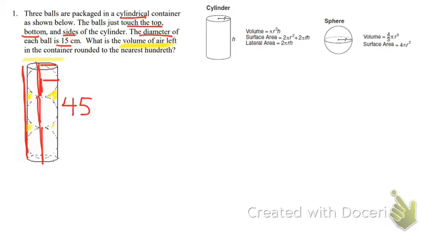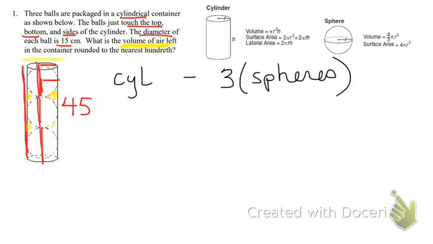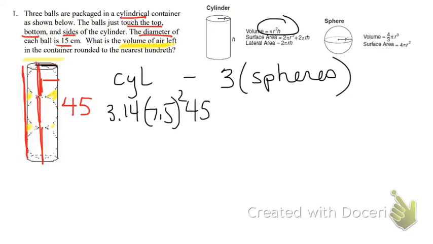So in general, I'm going to find the volume of the cylinder first, and I'm going to subtract the 3 spheres. They're all the same. So the cylinder formula is pi r squared h, so that would be 3.14 times R, which is half of that 15, so that's 7.5 squared, times the height, which is 45. And I can put all of that into my calculator. 7.5 squared times 45 times 3.14. So the volume of the entire cylinder so far,